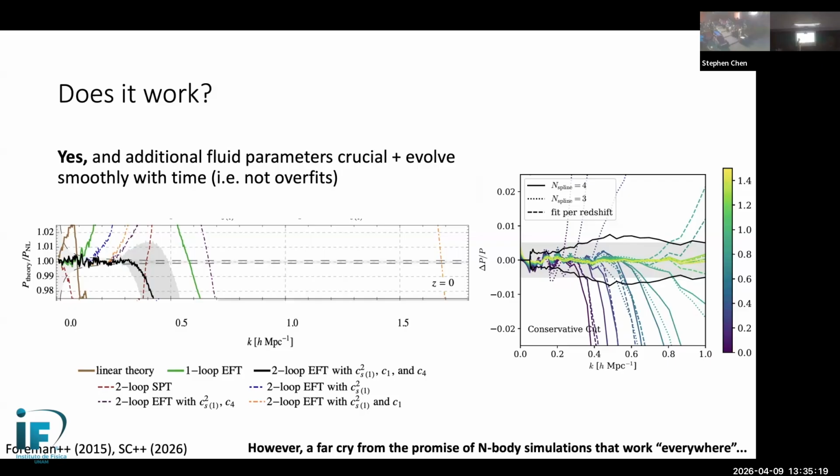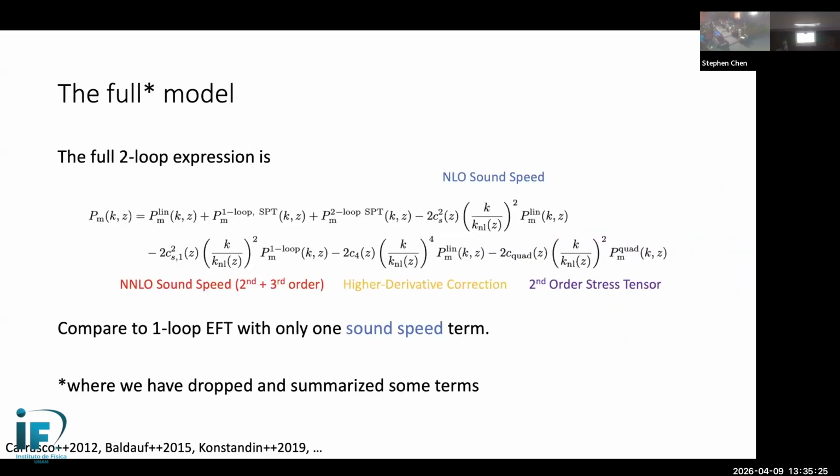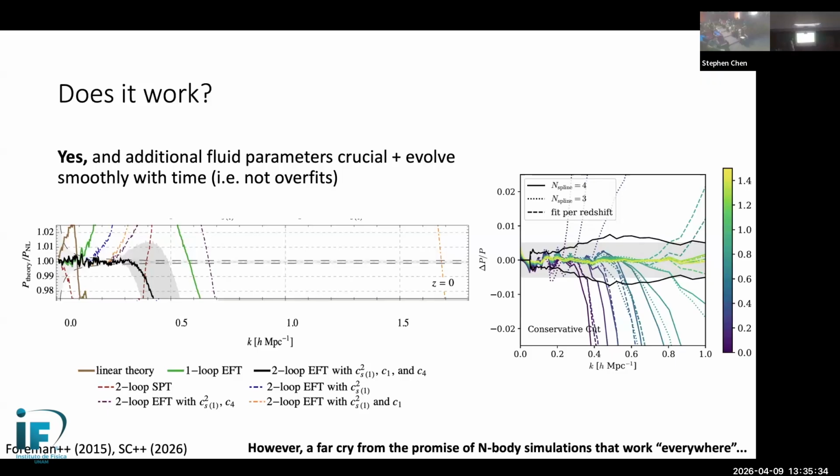And more than that, these solid lines here are showing my fit if I let these EFT parameters, that is, these free parameters over here, be smooth functions of time rather than being fit for each individual data point. And you can see that does more or less as well as if I fit for each individual data point, which means I'm really fitting for some physical parameters that are evolving over cosmic time. But of course, what you will also take away from this picture is that this is really a far cry from the behavior of n-body simulations that can go through all of these scales. We're really still very far away from being able to capture all of these scales as in n-body simulations. Even as I go to higher redshift, eventually things break at around k~1.